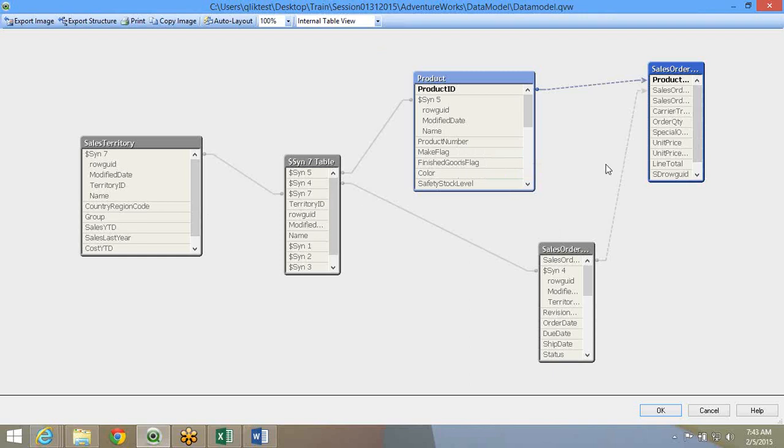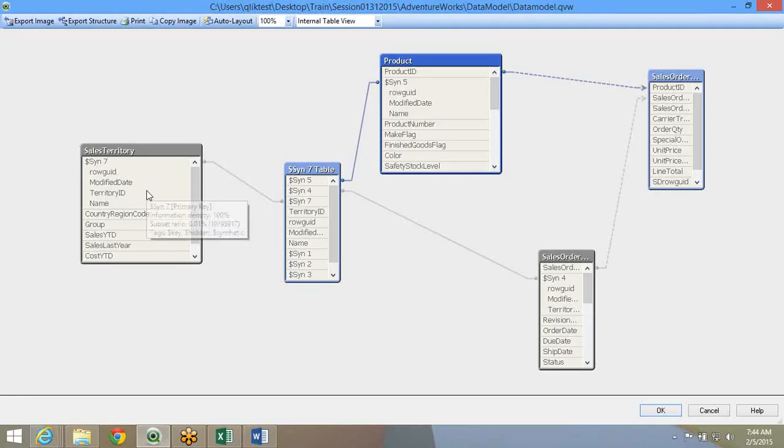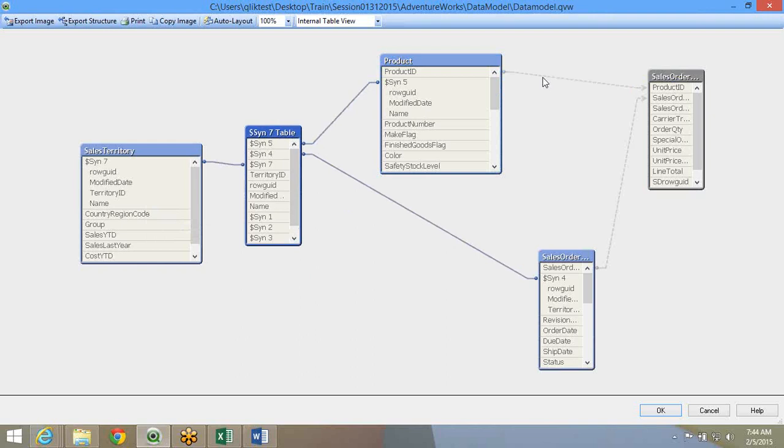So this is a big no in QlikView. Obviously you can't have loops, not only in QlikView, but in any database modeling scenario, unless you're not loading them. But in QlikView, it's more associative in nature, so you definitely can't have them. So you'll have to resolve these loops. Again, loops are just like synthetic keys, they're a big no. You can see that those dotted lines indicate nothing but a completely big loop.